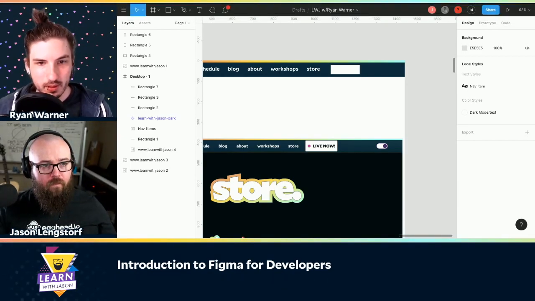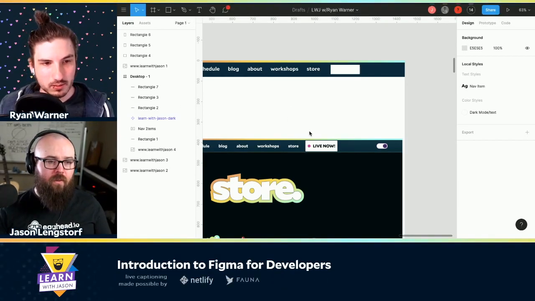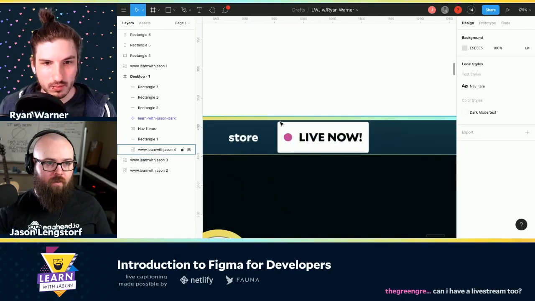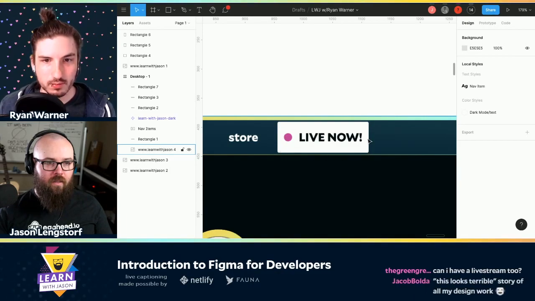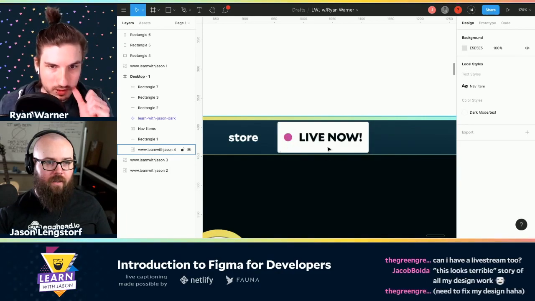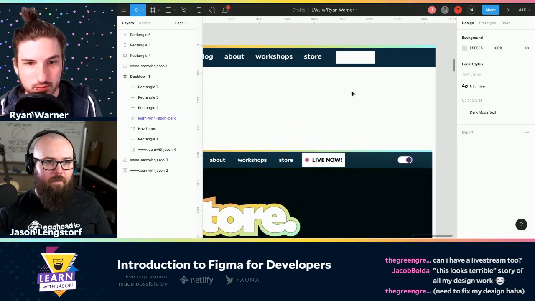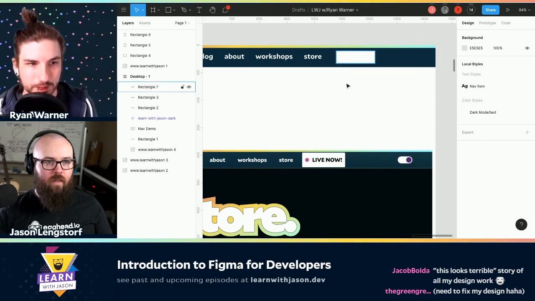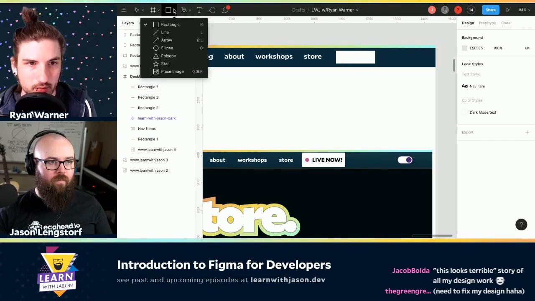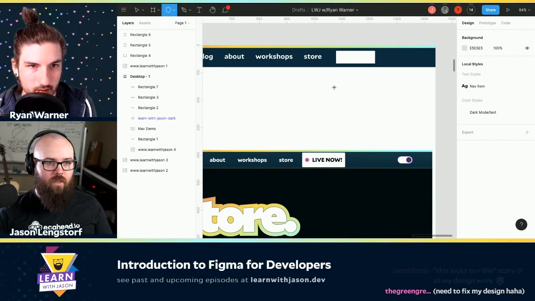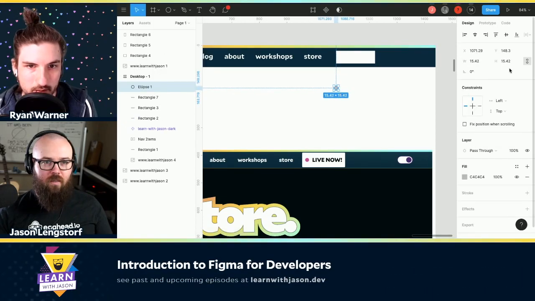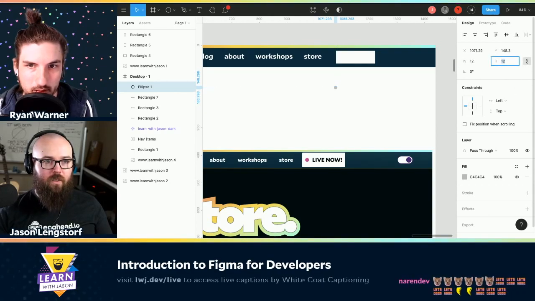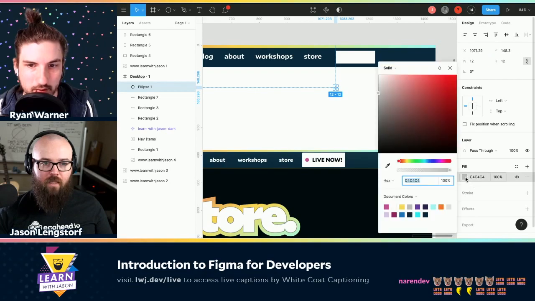So I have a couple things going on here that I'm not sure we should walk through how to do. So we've got rounded corners and this icon circle thing, and some text. And so I guess I can do the icon thing first. We'll just do a little circle. Let's say that's going to be like 12. This chain is clicked, which means it'll keep the aspect ratio, which I love.